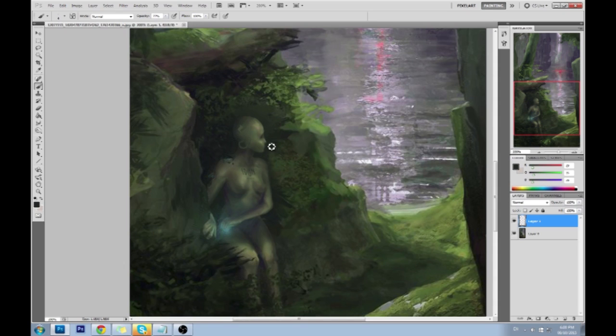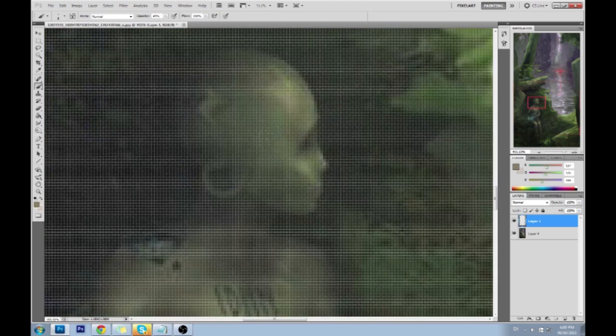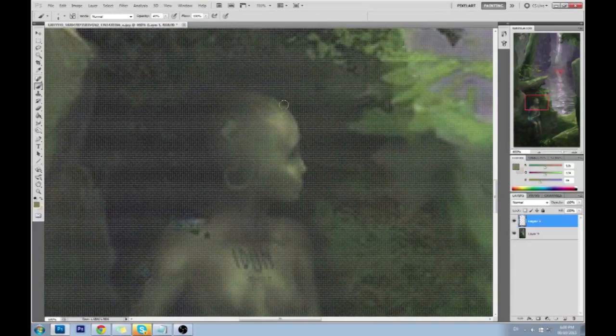And because she is in such a state of shadow, we kind of don't want to make the edge of her face too dulled out and blurry. I'm going to make the very outermost parts of her ear shiny. Only the parts that stick right out of that shadow. I'm going to have to zoom in.